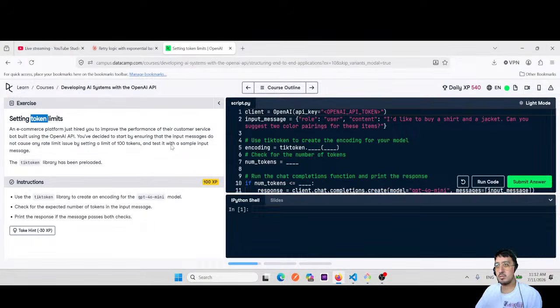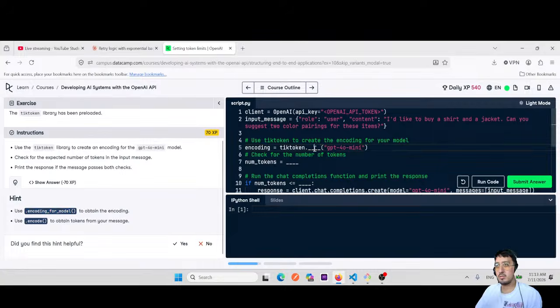An e-commerce platform just hired you to improve the performance of their customer service bot built using the OpenAI API. Start by ensuring that the input messages do not cause any rate limit issues by setting a limit of 100 tokens and test it with a sample input message. So use a token library to create an encoding. So I think I should define them all here. And then the name of the encoding from model. So I should get